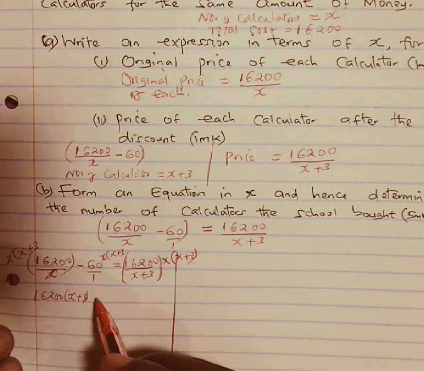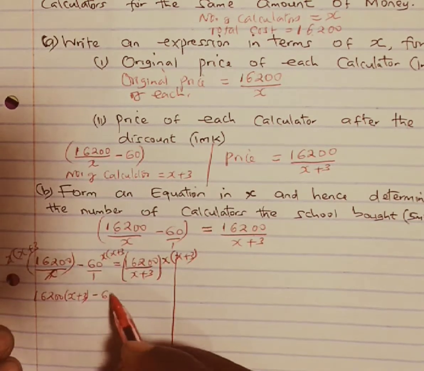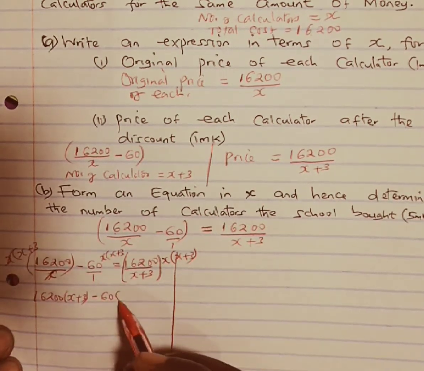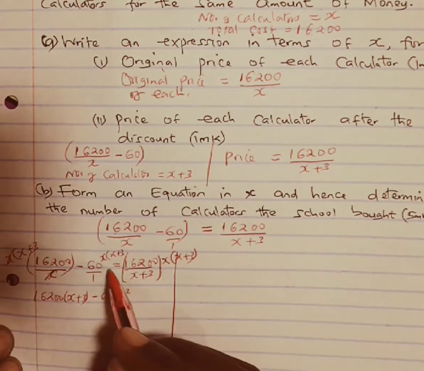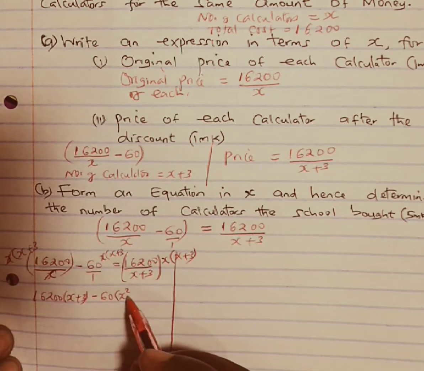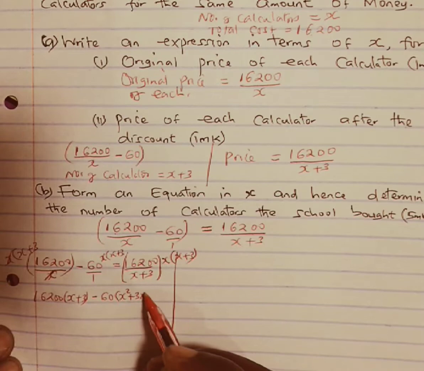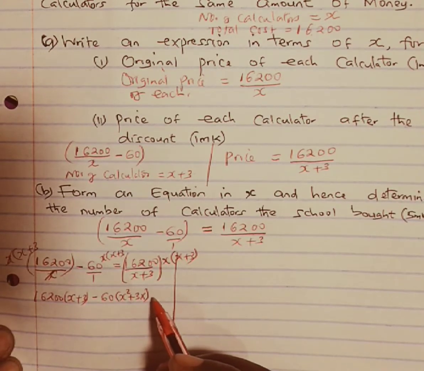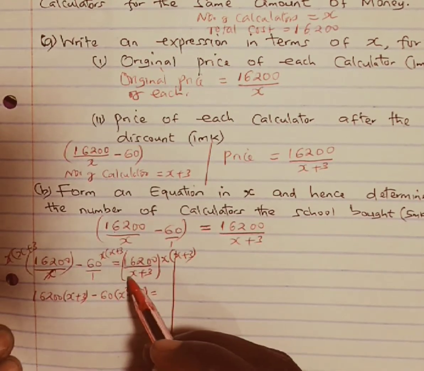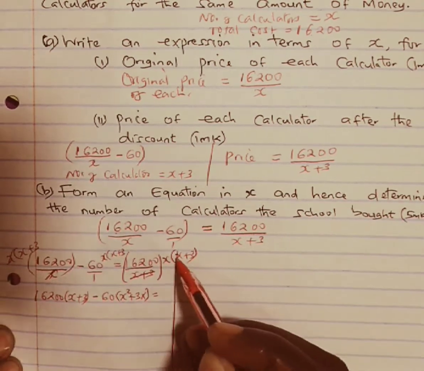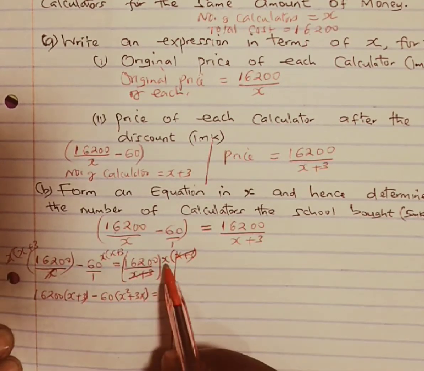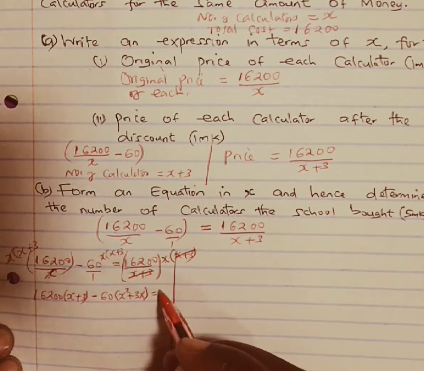This one is going to be minus 60. X times X will give us X squared. Then X times positive 3, you get 3X. And this one is going to be equal to X plus 3, and X plus 3 goes, such that we have X times 16,200 giving us